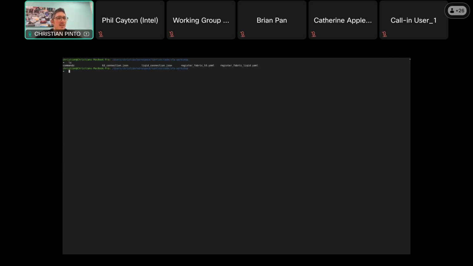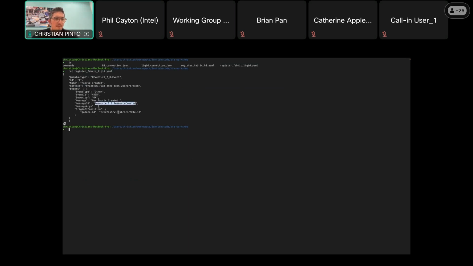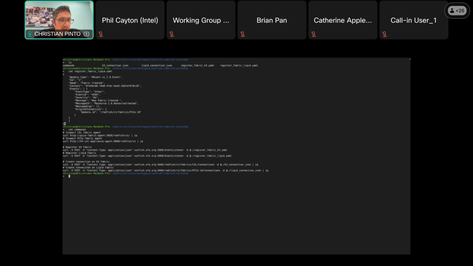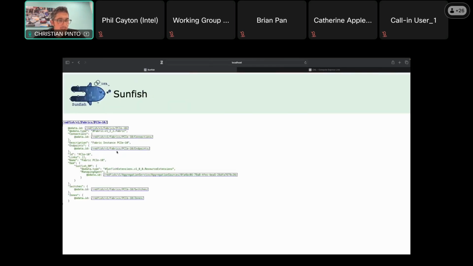So now we do the same with the PCIe agent. The PCIe agent does a similar thing. It will just tell, okay, I am agent specific UID. I have a new fabric that is named like this. So Sunfish receives this from the agent and they start the same crawling procedure. As you can see, the endpoint that the agent uses is the same, right? Because Sunfish is, let's say, a unique entity in the infrastructure. So now this is done, and we can see that there is a new fabric in Sunfish that is a